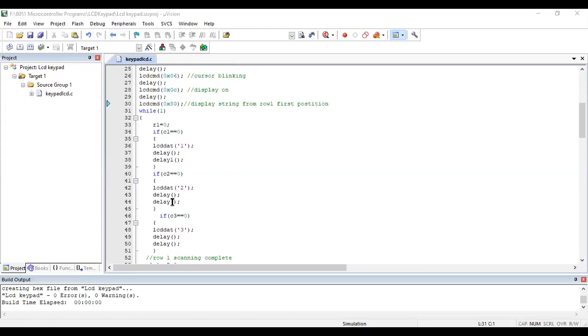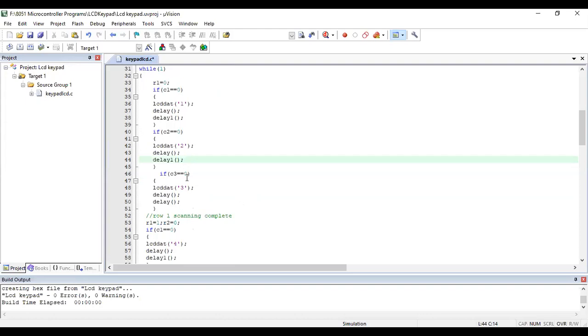Here you can keep delay 1. And next, if C3 is 0, so when you are pressing 3, it should display 3. So that means LCD dat 3. So you are introducing delay, delay 1.